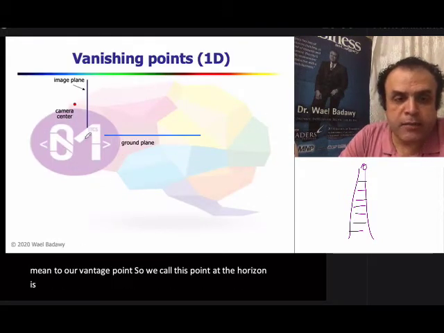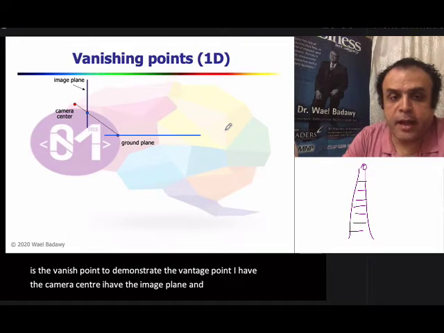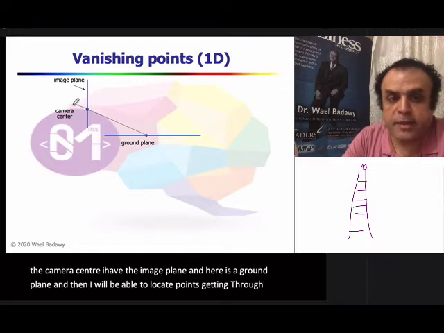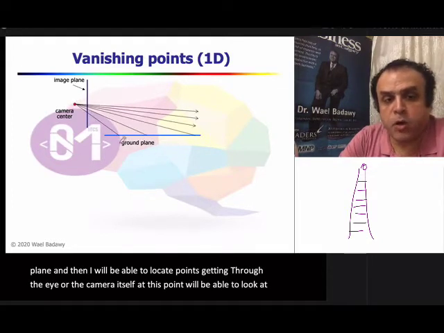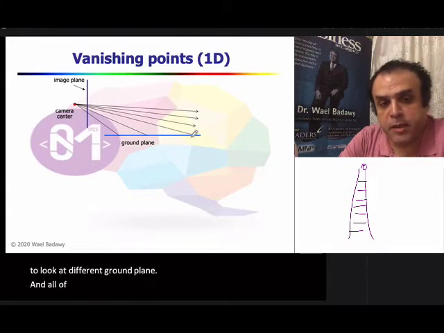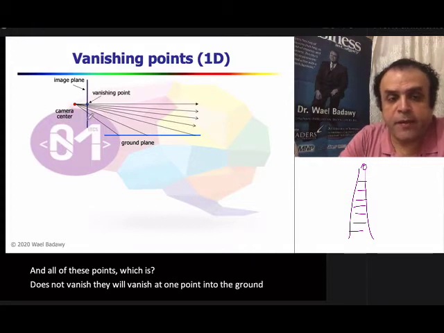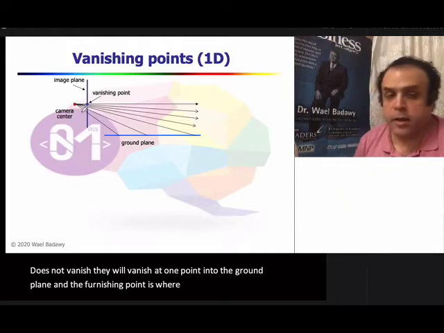To demonstrate the vantage point, I have the camera center, I have the image plane, and here is the ground plane. Then I will be able to locate points getting through the eye, or the camera itself, and these points will look at different points on the ground plane, and all of these points which do not vanish will vanish at one point in the ground plane. And the vanishing point is where these rays will meet